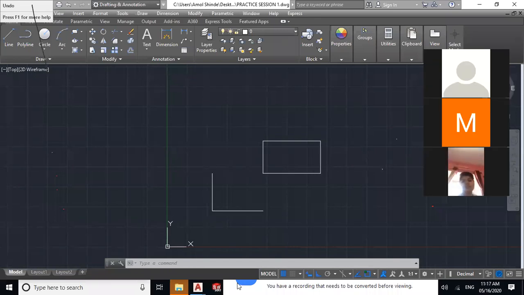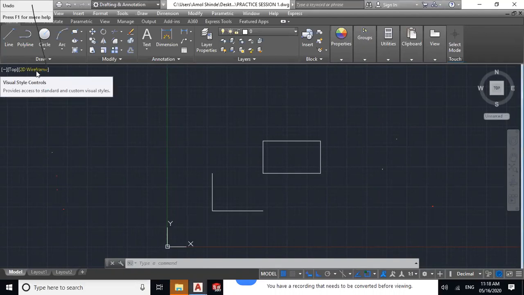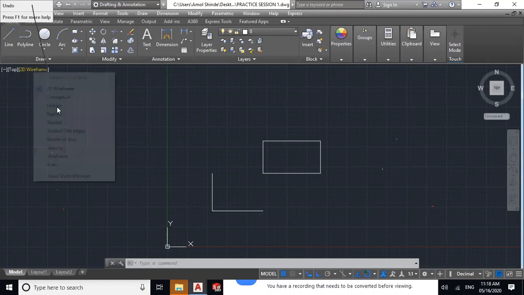Is lim max and limits the same thing? No, sir. The lim max and limits are not the same. Lim max selects the maximum window, and limits set the window according to our reference points. What is the setting in 2D wireframe? There is no need to change the 2D wireframe setting. This is required for 3D structures. Okay, I have just shown other options.